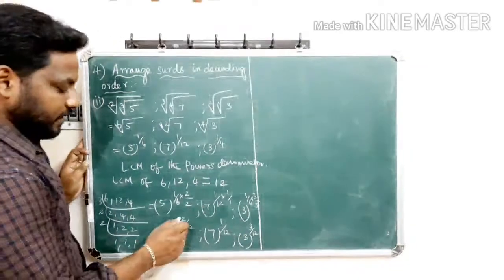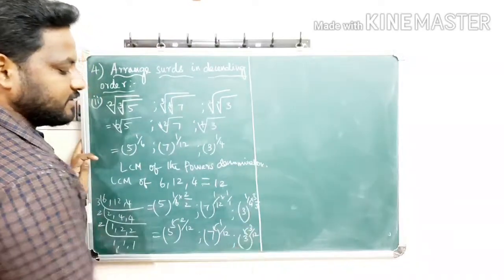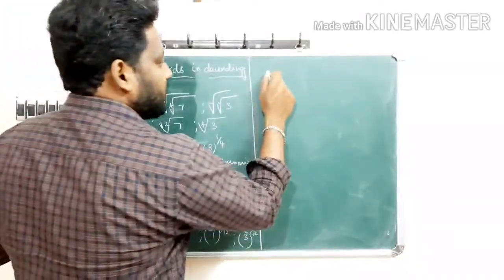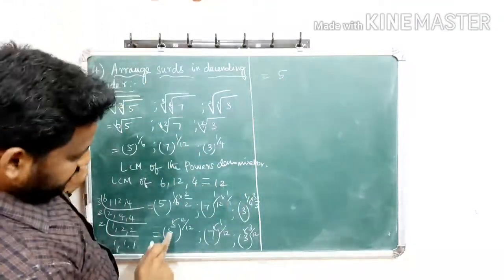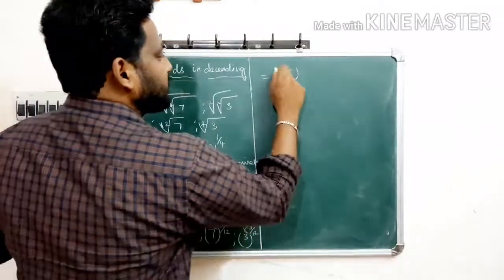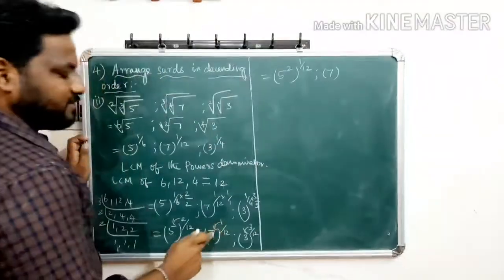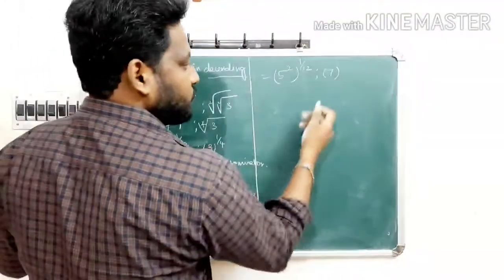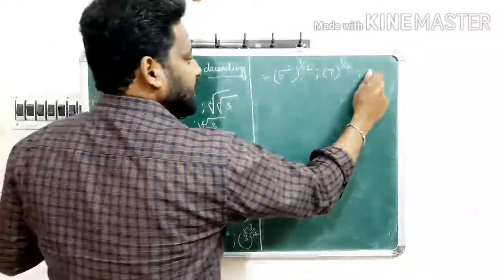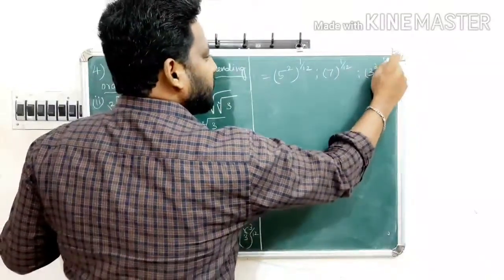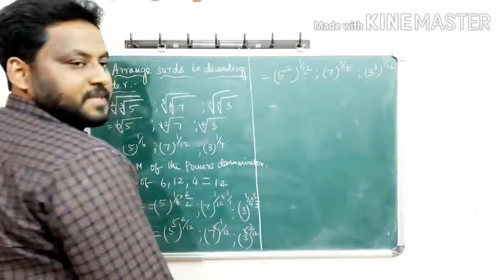So now you have to get the powers inside the bracket. Numerator number, which is 5 square the whole power 1 by 12. Same number 7 power 1 is equal to 7 only, so you can directly write 7 power 1 by 12. And then the next number is 3 power 3 the whole power 1 by 12. So now look at the powers, the denominator is the same, so you can write as